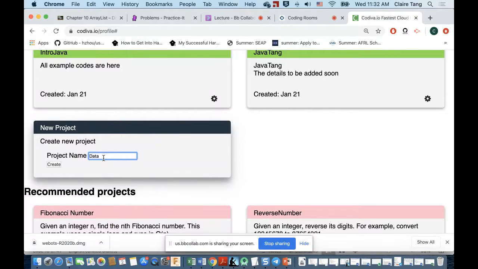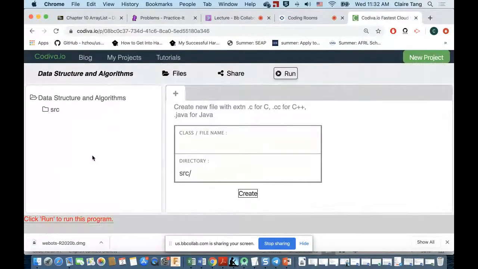So I will call this data structure and algorithms. Okay, and then I will create. So you can create a new project. You can follow me and create a new project called data structure and algorithms. And under SRC here, that's where we will put the example code. Okay, so what we do first,